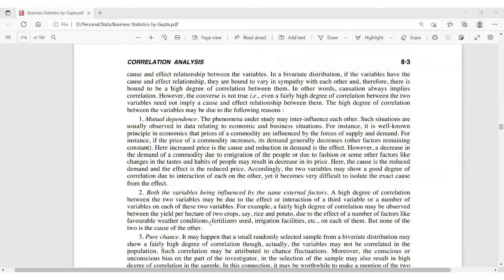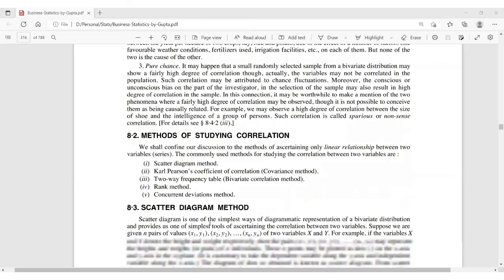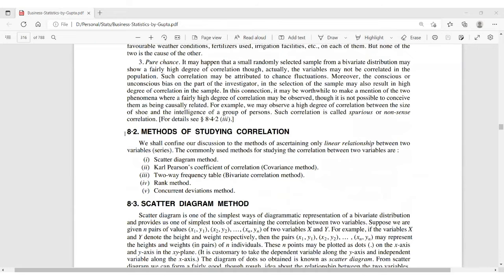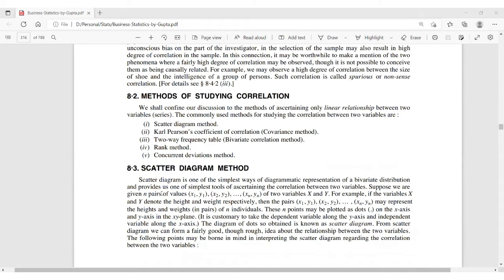Now, methods of studying the correlation. The first one is the scatter diagram. The second one is Karl Pearson. Third, leave the two-way frequency table, bivariate. The third one is rank. Only you have to study these. That's it, right? First of all, scatter diagram. Scatter diagram is a diagrammatical representation of